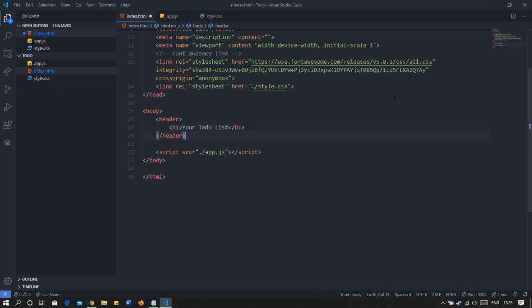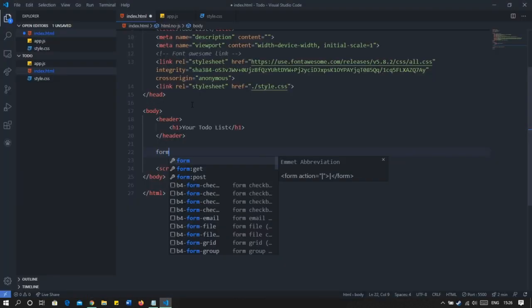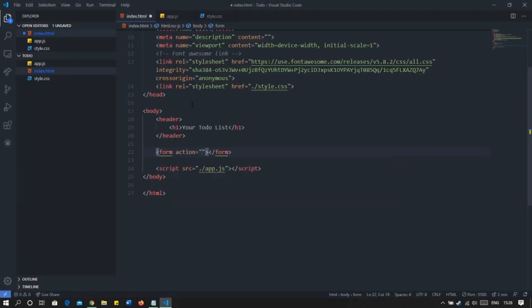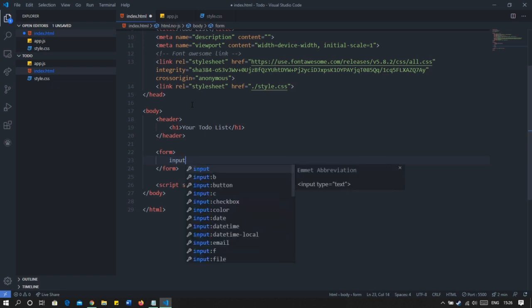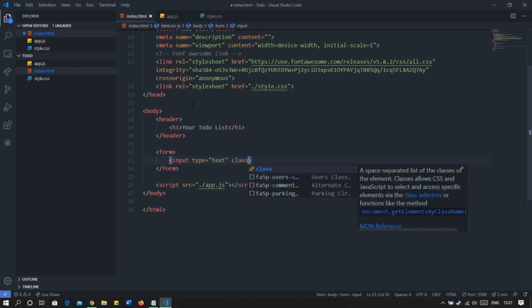Then we'll go and create a form. So we need a form where we can input the data from the user. So we need an input element or text area. For that we will be using form, and inside form we don't need this action anymore because we are not working with backend. So in the form, here we need an input element where we will be getting text, so let the type be text, and this will have a class of